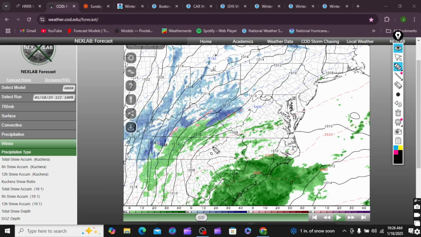Now you're starting to get some scattered precip along the low, and then some developing snow out in here. Most likely snow showers.